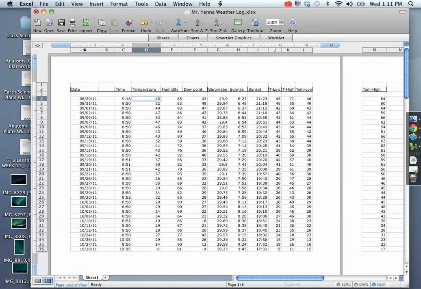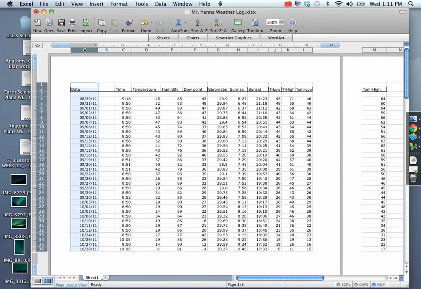So for this, we want to do our date. So I click on the top of column A, which selects that whole column. My date, I push the command key on my keyboard, and then I want low and high. So I select all three of those columns. Now I go up to charts,